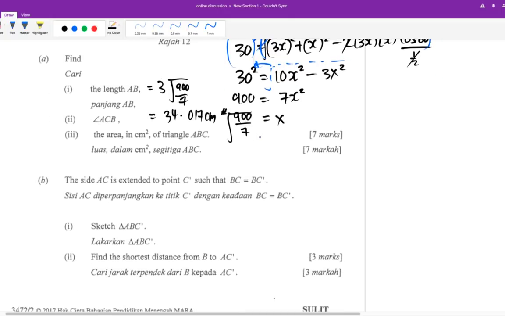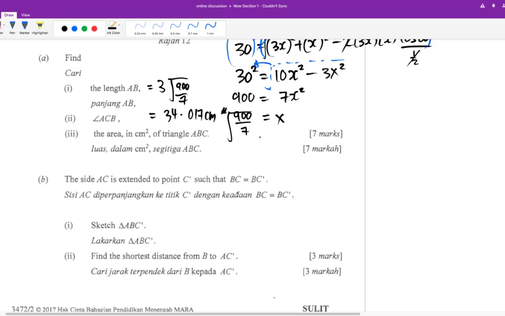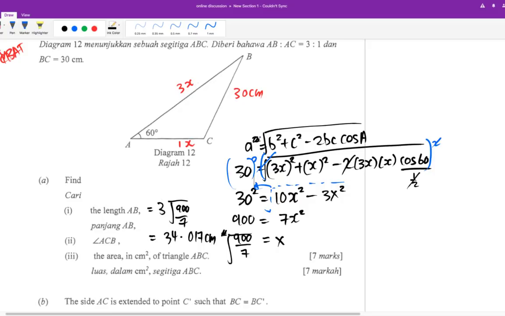Alright, and then you need to find the area of triangle ABC. To find the area of the triangle, it's good to find out both lengths. This one is 34.017. This one is just 1x, right? So I can use the calculator to find out what x is. It's the square root of 900 over 7. This length is 11.339. So if I want to get the area of the triangle over here, I will just use half